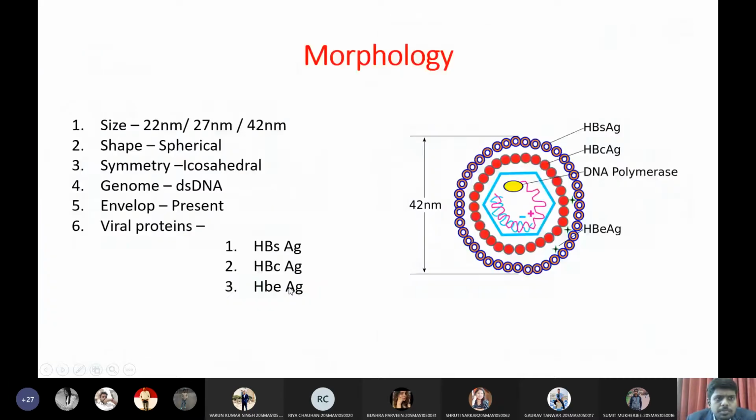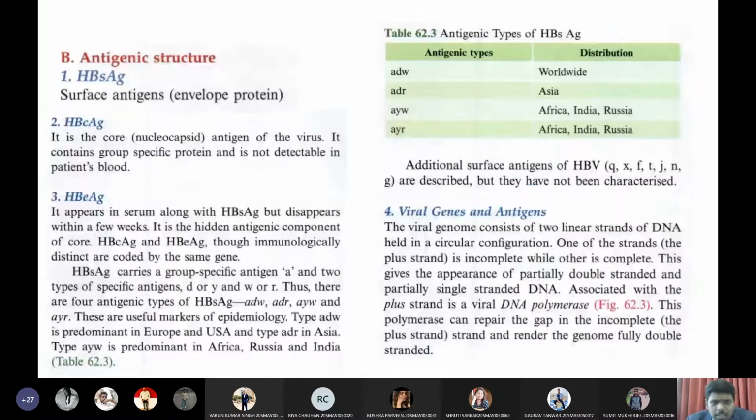Then I'm just keeping the genes part of this virus. There are a few genes involved in coding certain proteins of the virus. The core genes will code the core proteins, surface genes will code the surface proteins, whereas the envelope genes will code the envelope proteins. So we are not bothering about genes here. Rather, let us directly focus on the proteins involved in this virus. There are three important proteins we have.